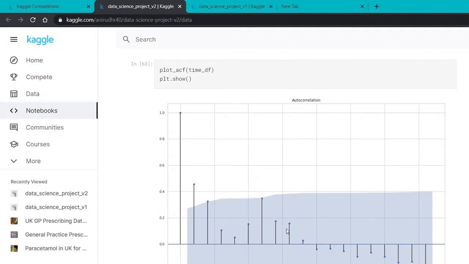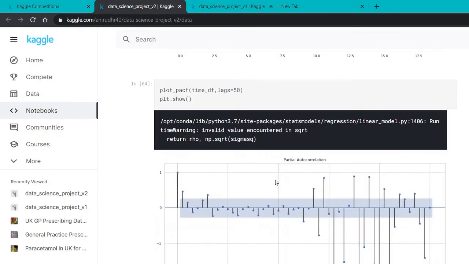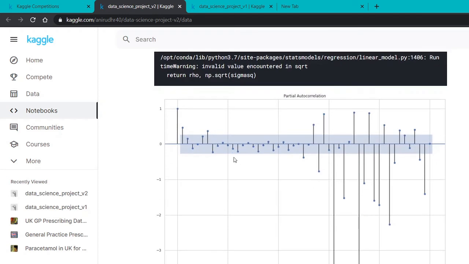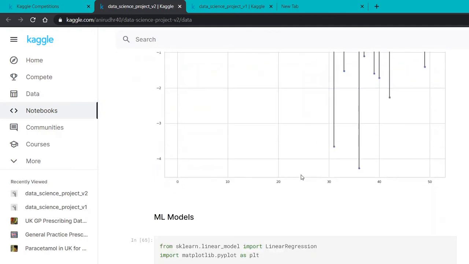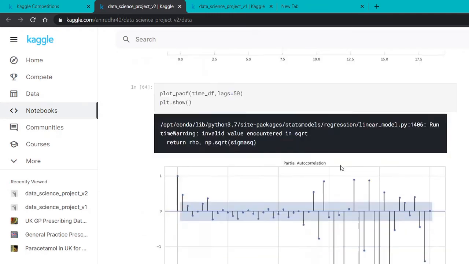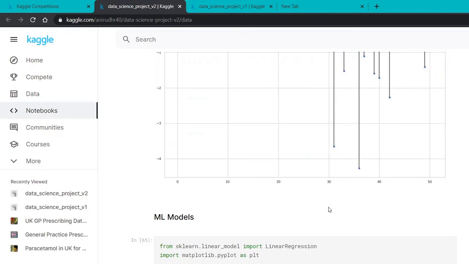So this is the ACF, autocorrelation function. Based on the value of ACF, people generally determine the p value, which is the number of time lags in the time series, and using PACF, people try to find the q value, which is the window size of the moving average for the ARIMA model. These are the manual ways of doing it, but that is very error prone. So we will do it in an automatic, semi-supervised way to tune the parameters.